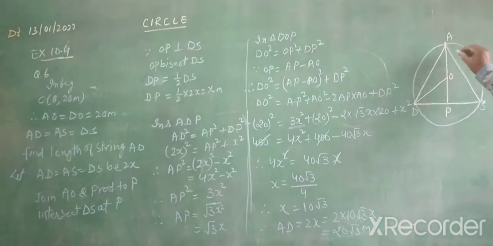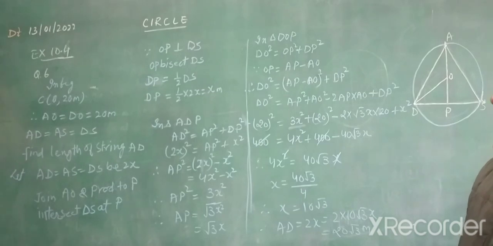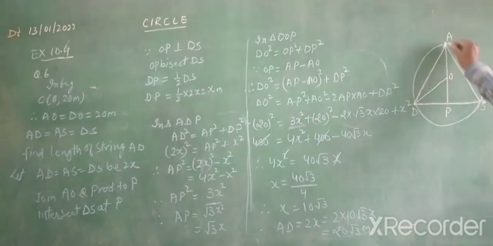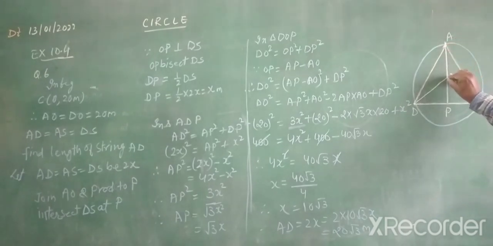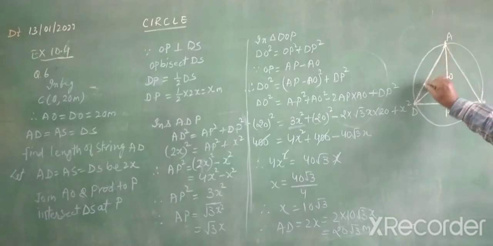Okay, for this exercise we have done 5 questions already in the class. Now we have the last question, that is 6. According to this question, there is a circular park in a colony, which has radius 20 meter. There are 3 friends, Ankur, David and Sayed. They are sitting at equal distance and they are playing with a toy telephone. We have to find the length of this toy telephone.